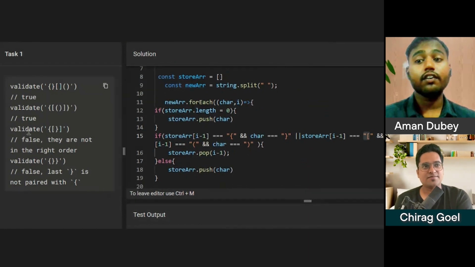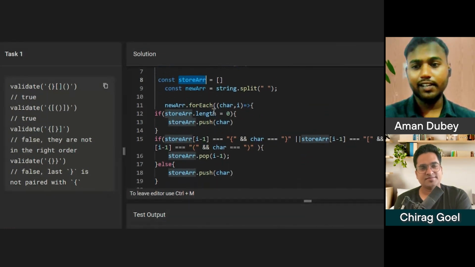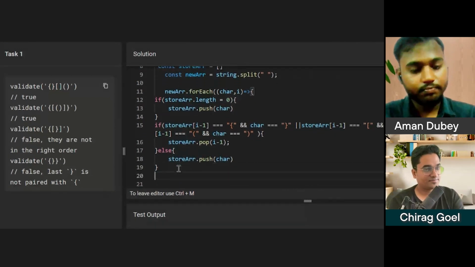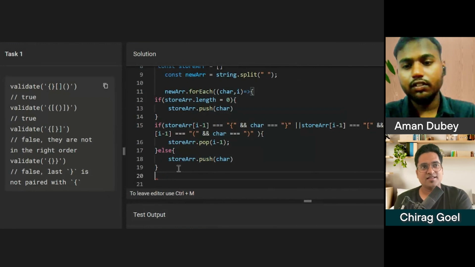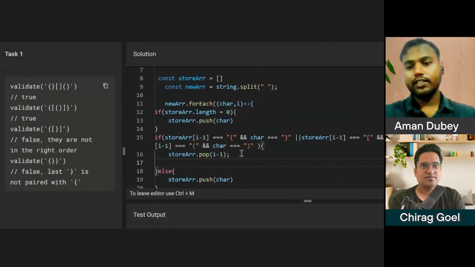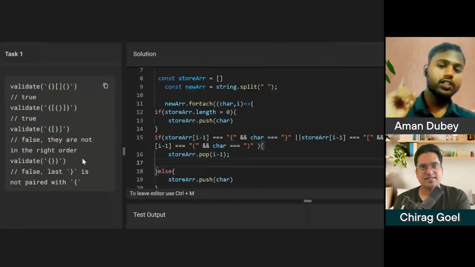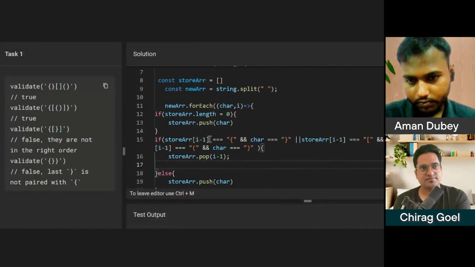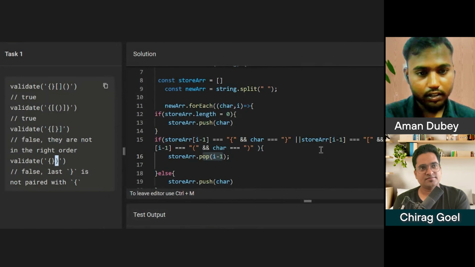If my array, which is the store array, is empty, then I will give true. If it is not, where are you going to write it? Let me try one question also. I have this close bracket, then I have this. If this is passed, it will pop. Now these two things are removed, and we have this now.